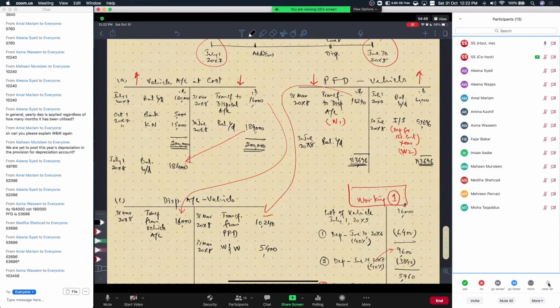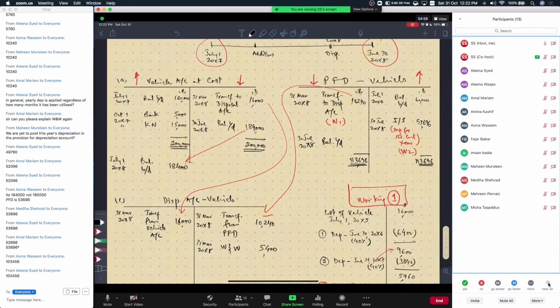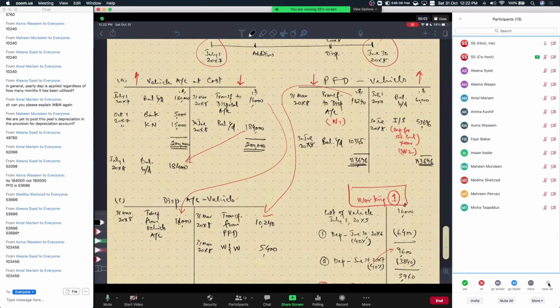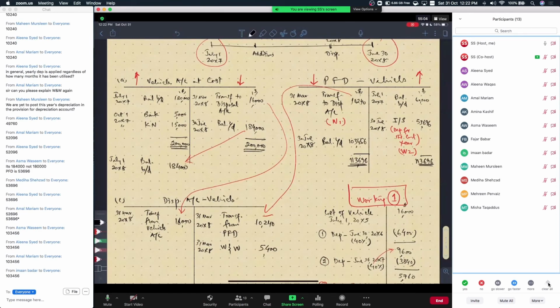113696 minus 10240. Thank you, Asma. 103456. Please confirm this value, 103456. Thank you, Amal. Thank you, Lina. Thank you, Iman Badr. Thank you. So 103456. And this is going to be brought forward just like